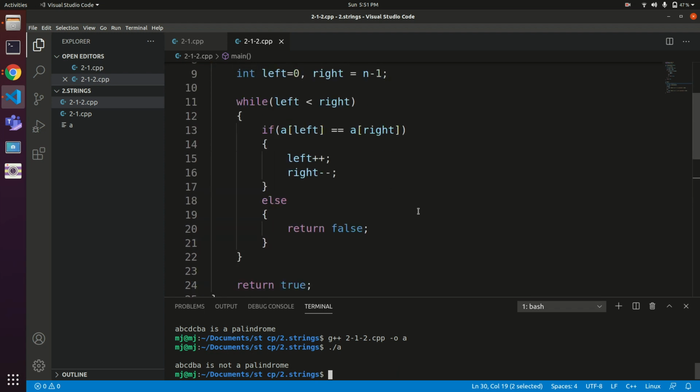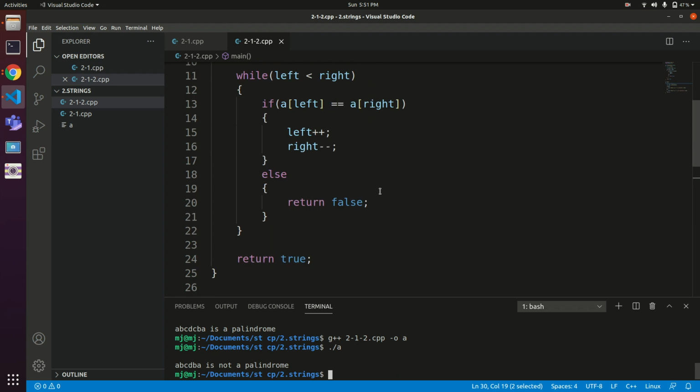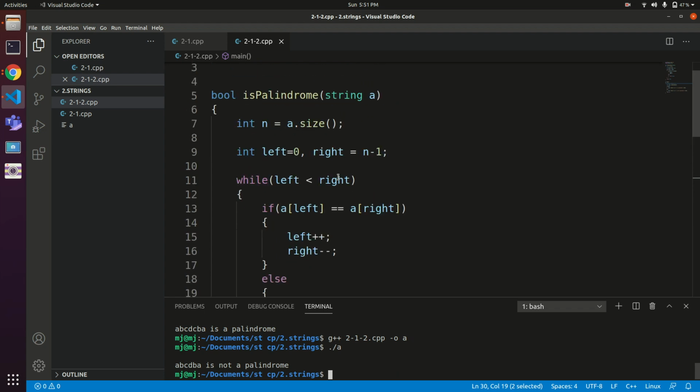So this was the other approach to check whether the string is a palindrome or not, and it is a better approach to speak out in an interview, because as you can see, we are not storing the reverse. In the simplest form, we are just taking the same string from both the ends.